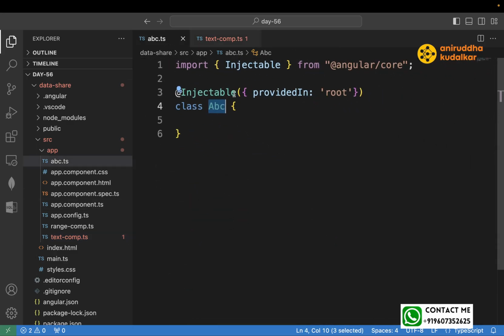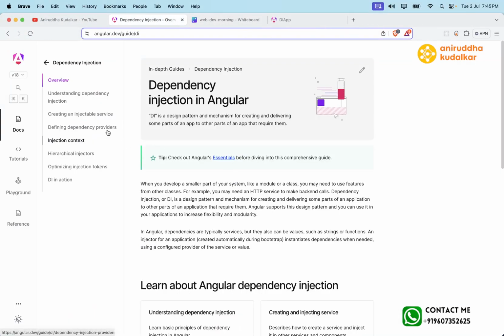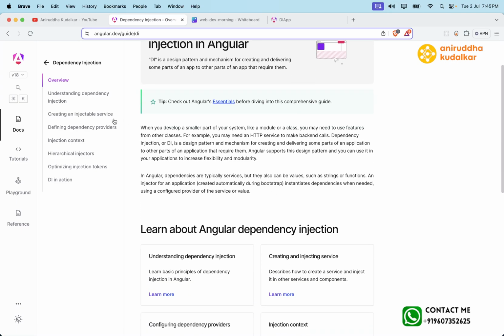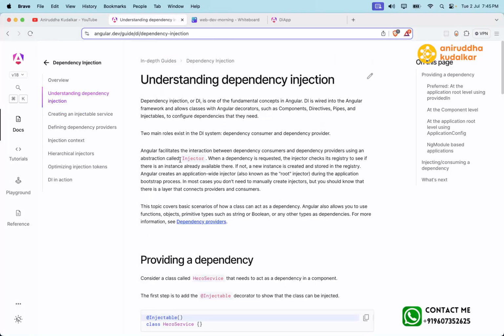What is that provider? They are predefined words. You cannot write anything over here. So you are specifying that this is the root, something like this. Yeah, I have read this thing a couple of times for that only. But if you see this thing here,